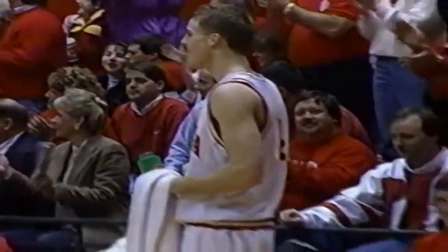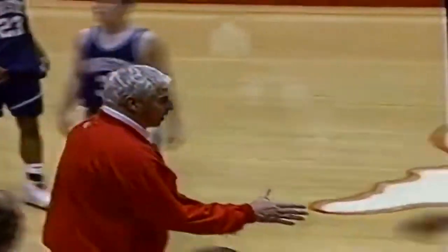Recker off the bench. Oh, my goodness. See Michael Lewis. 76-56, Indiana wins it. Bob Knight and Jerry Dunn shake hands at midcourt. Time now for